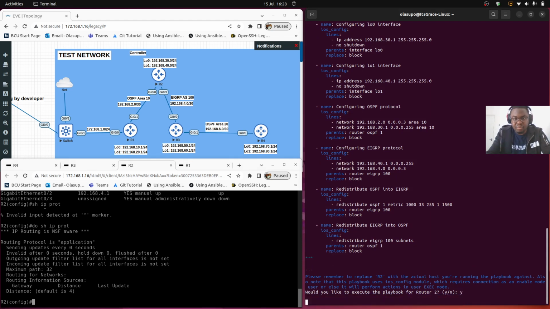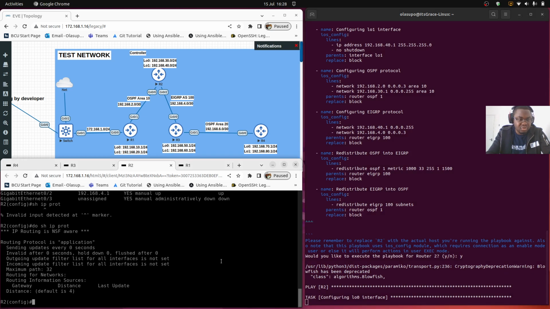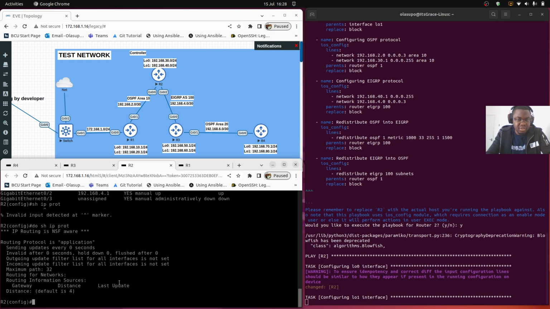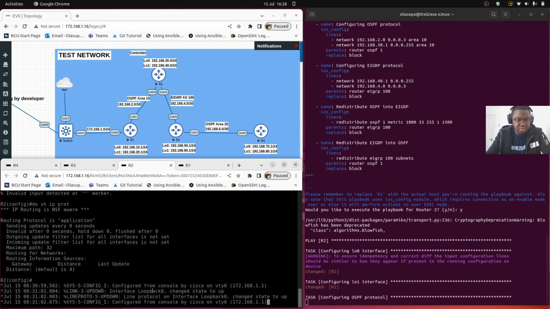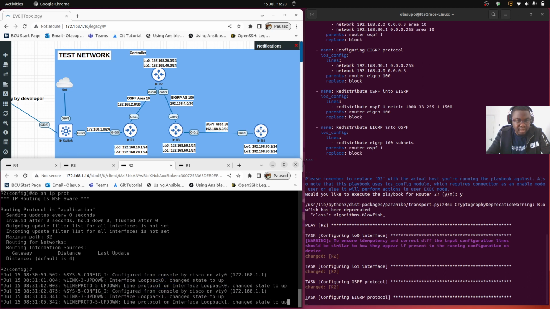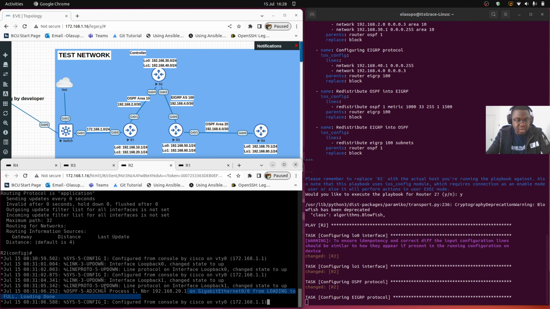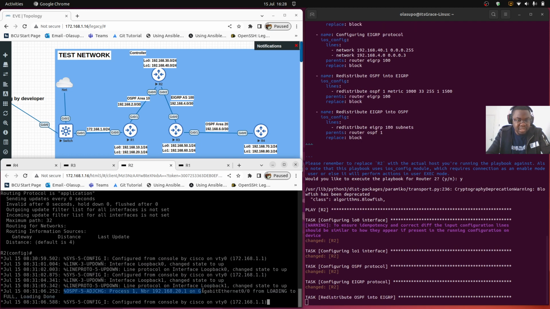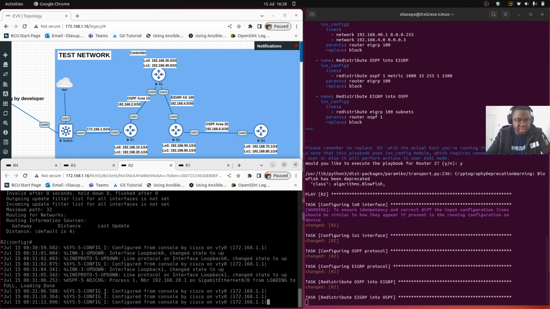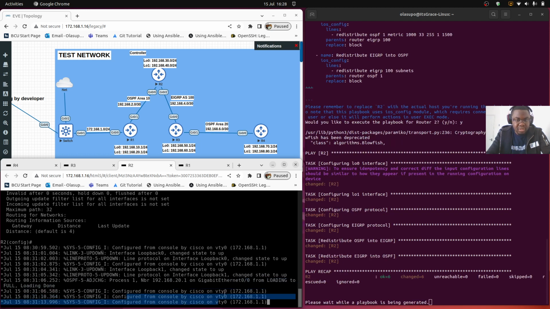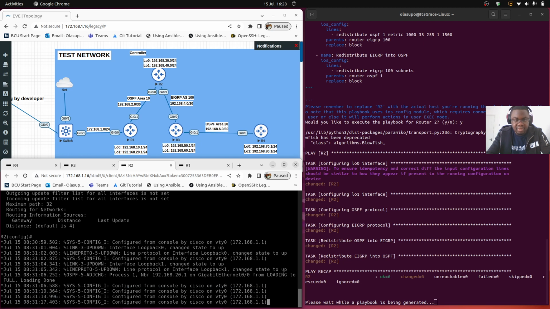We press Y on Bubbln and then watch the execution of the code on R2. So first, Bubbln logs into R2, which it has done successfully here. Then it configures loopback 0. Next, it configures loopback 1. We can see at this point that adjacency has been established between R1 and R2 in OSPF. It configures the other commands here, that's the redistribution of the different protocols, and then logs out of